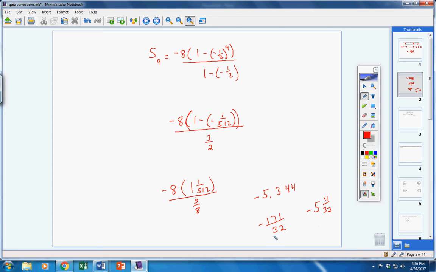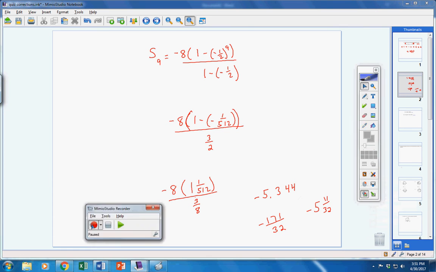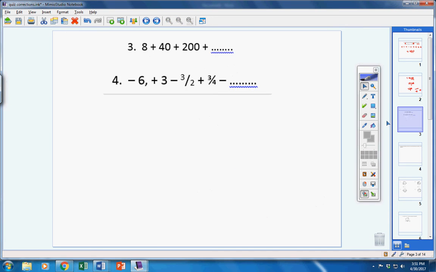Alright guys, if you have any questions on this content, let's move on to numbers 3 and 4. Now if you'll read the directions carefully for numbers 3 and 4, it says one